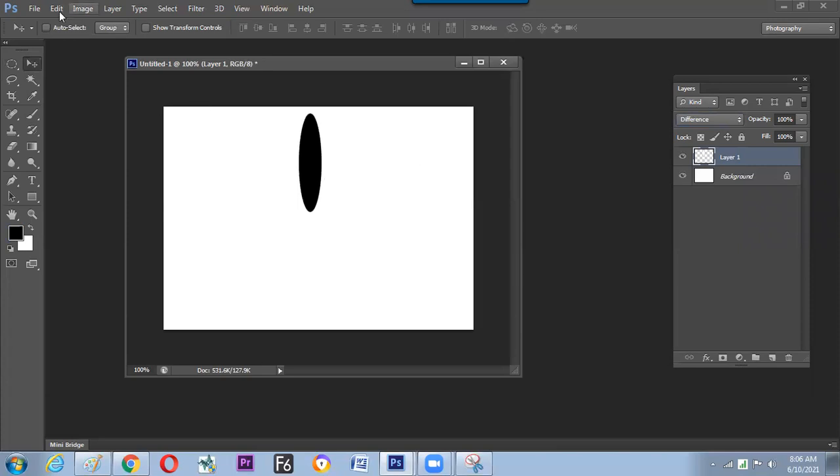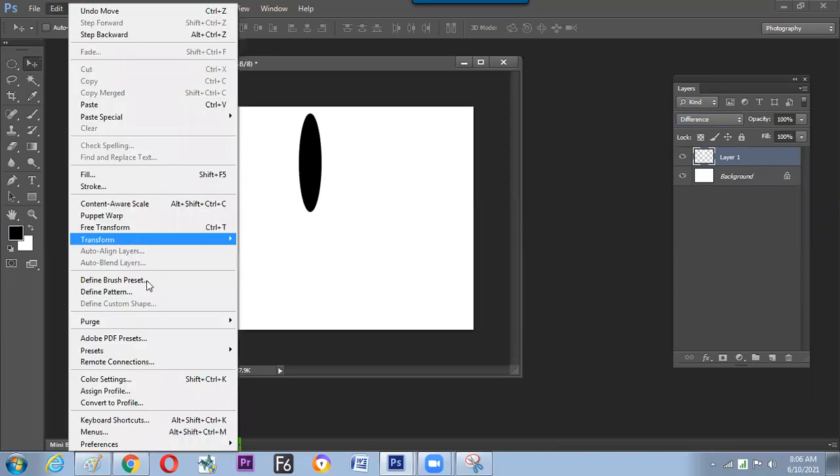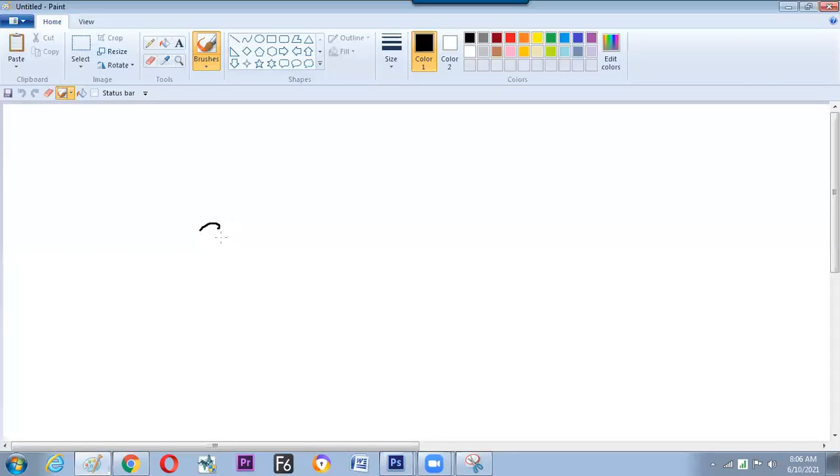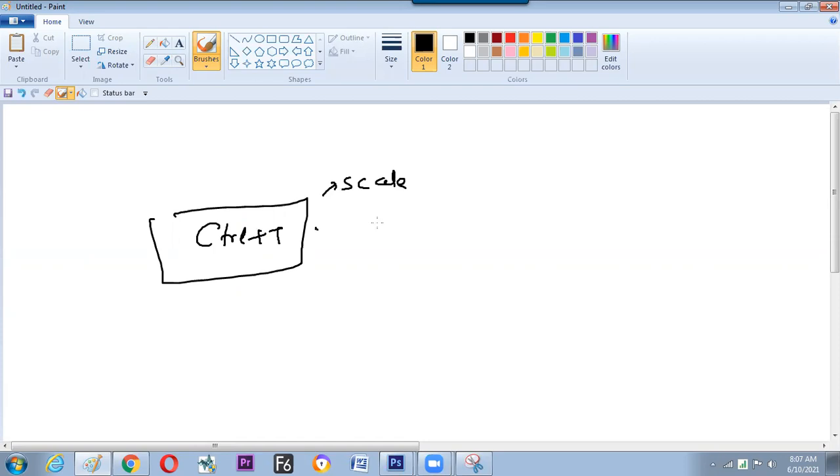Now, Control T is a command in the Edit menu called Free Transform. This is a new command we are learning, Control T. It allows us to transform the object. Transform in the sense we can scale it, rotate it, and move it. So all these events can be done through the command Control T, which is there in the Edit menu,